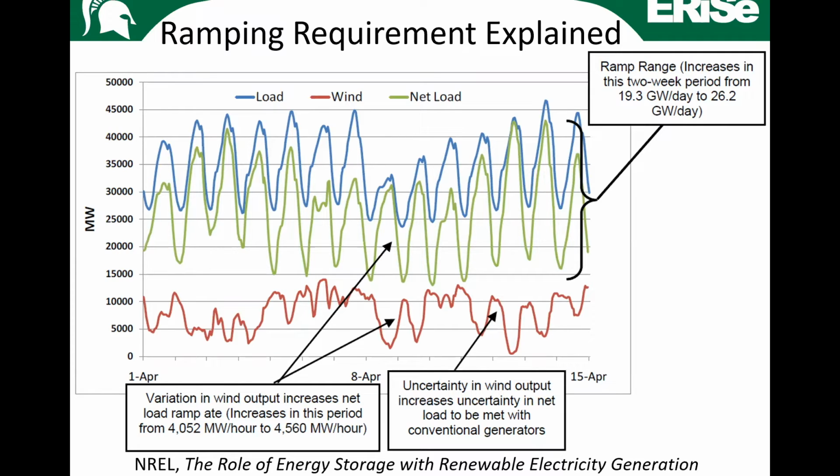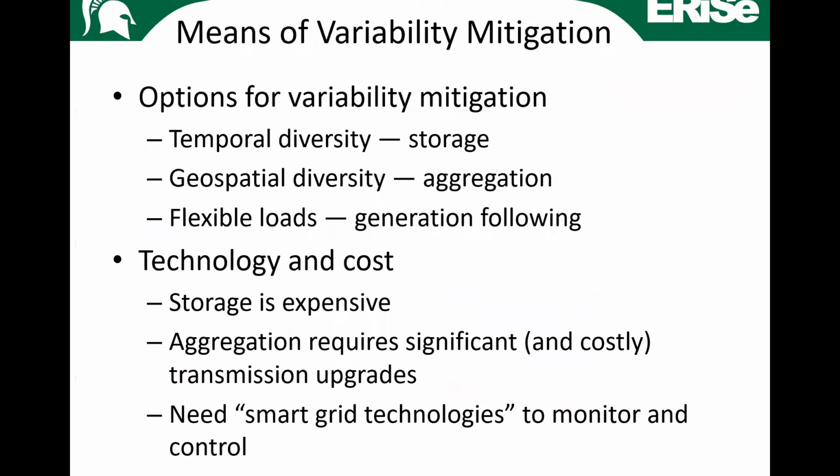So all of a sudden, in places like California, you know, the generators with ramping capability are now traded on the market at a premium. Okay, so the rate at which you have to be able to ramp up and down, that is called the ramp rate. And you can see what the ramp range means. So that is a problem or a challenge associated with variability, right?